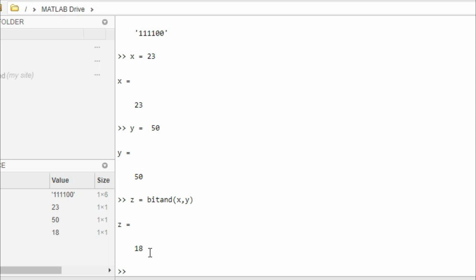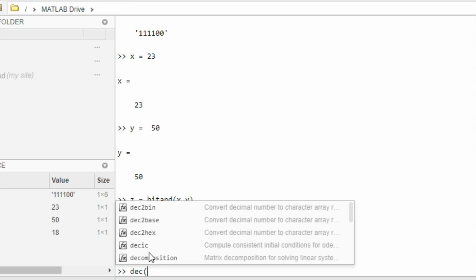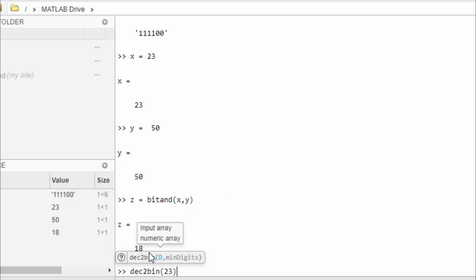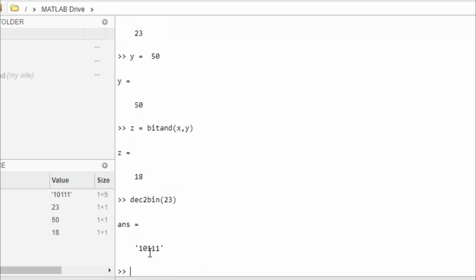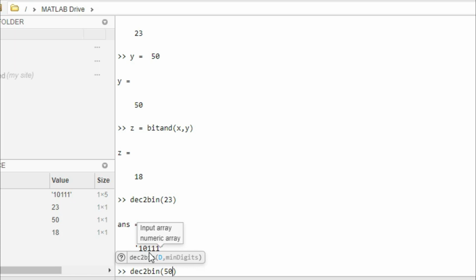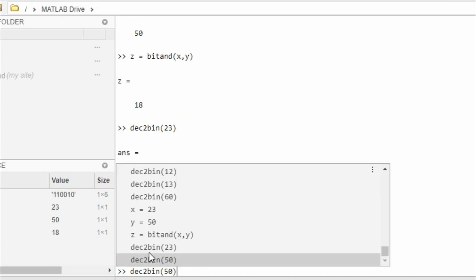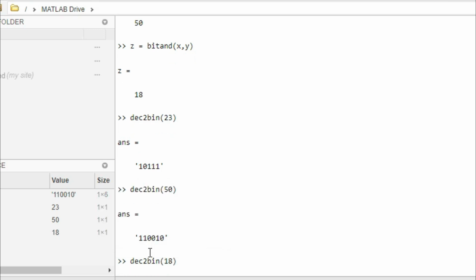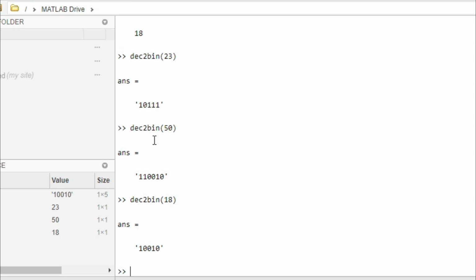Let's check dec2bin of 23, dec2bin of 50, and dec2bin of 18. So after performing bitwise AND we got 18.